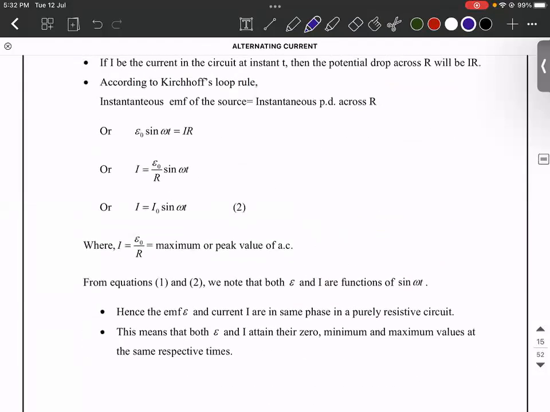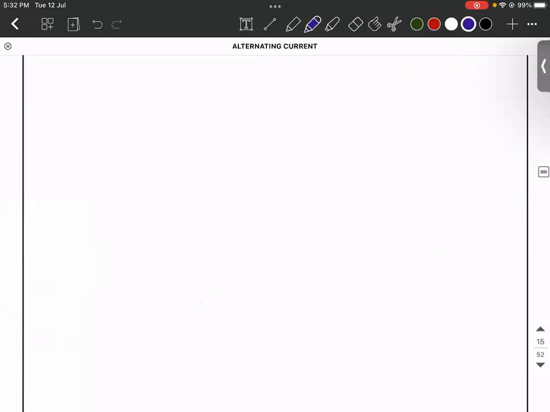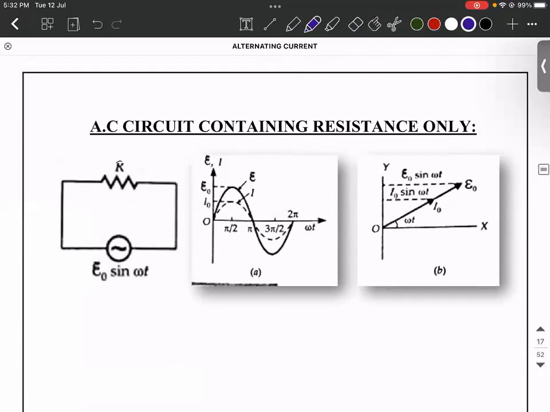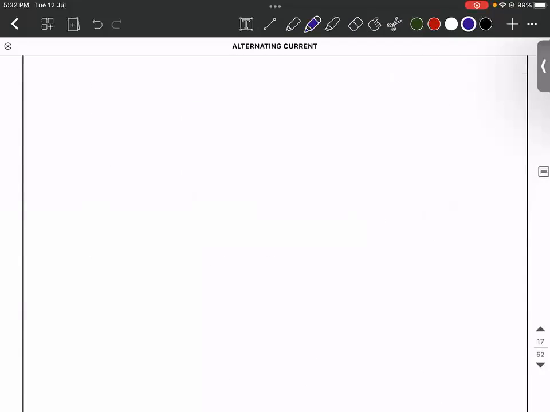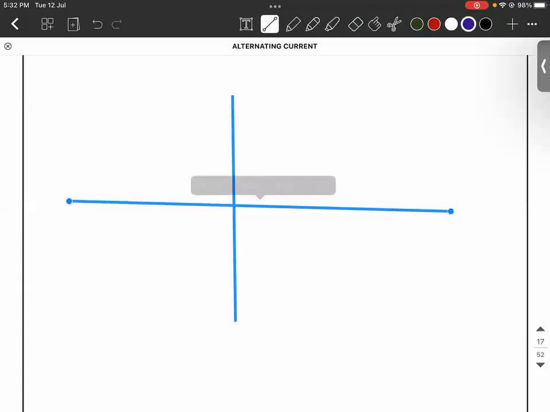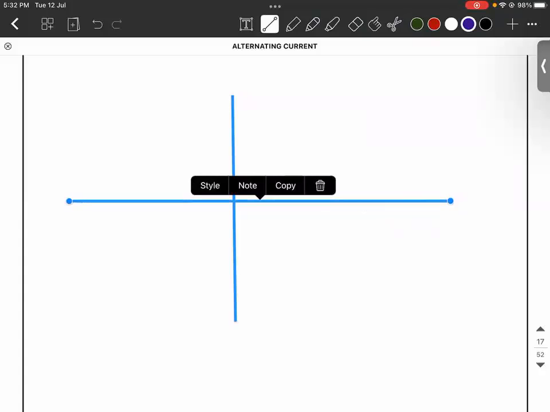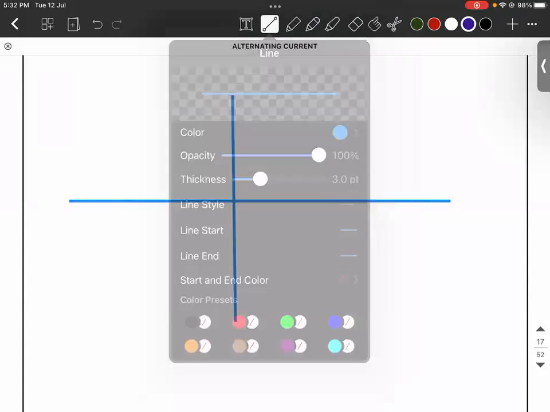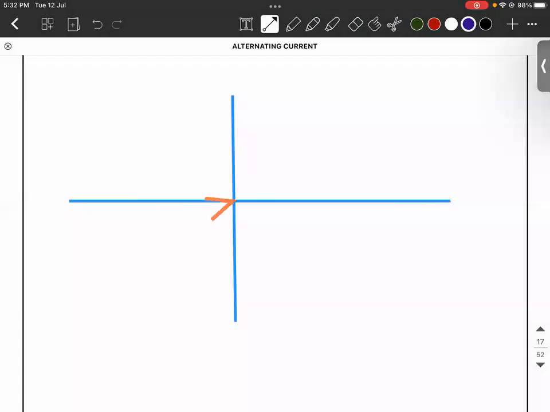So when you draw the phasor diagram for it, if this is E, if this is for the EMF,